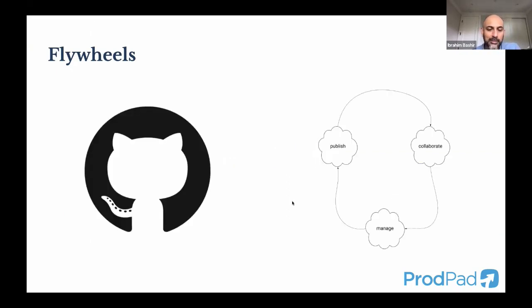And I picked some random companies that I figured some of you might have heard of. So if you think about GitHub, the core loop is they want you to publish your code on their platform. They want you to collaborate around that code as a project, open source or private repo. And then they actually want you to manage pulls and branches and merges on their platform. And that loop continues again and again. And a successful GitHub user and customer fits this core loop. And if somebody is not doing one of these things in GitHub, then they're probably not a sticky customer.